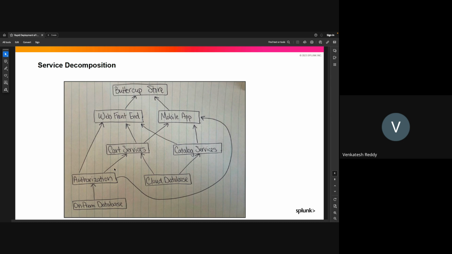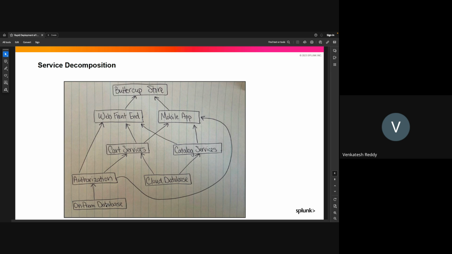Okay. The health of this Buttercup store will depend on all the services, and we have an importance for each service: web front end and mobile app. We can give importance based on the criticality of the service. For example, mobile app we can give 5 as an importance, but web front end we need to give 8.